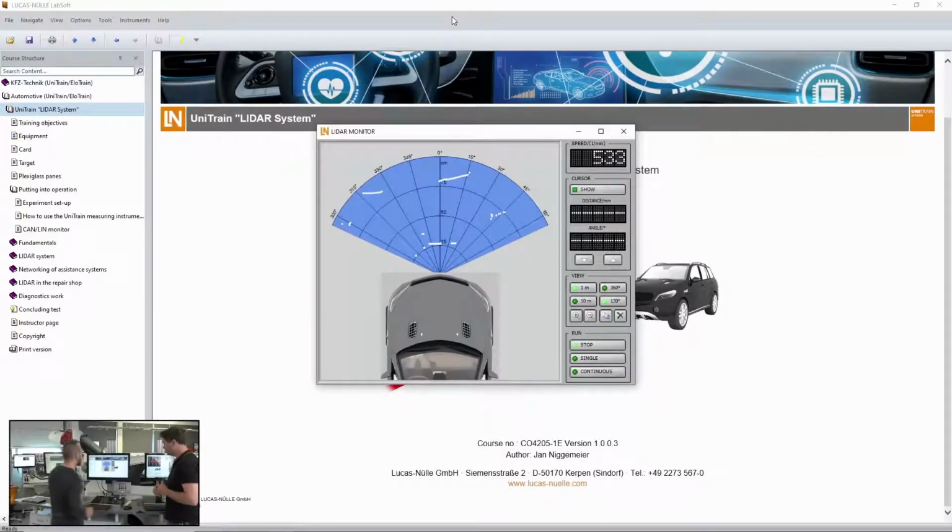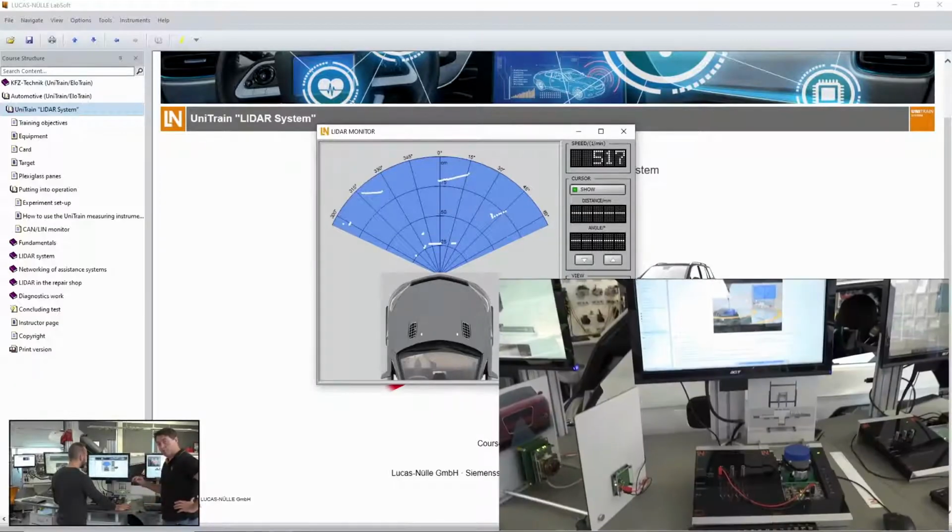Absolutely. So we directly jump here into our LiDAR monitor. And as we see here, we see the clear front of the LiDAR of the car. And you can't see that very well from the camera where the camera is right